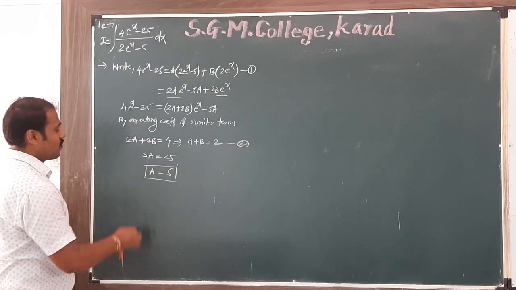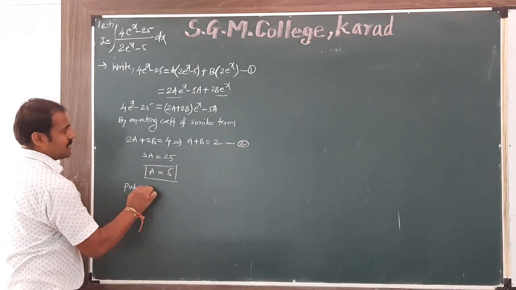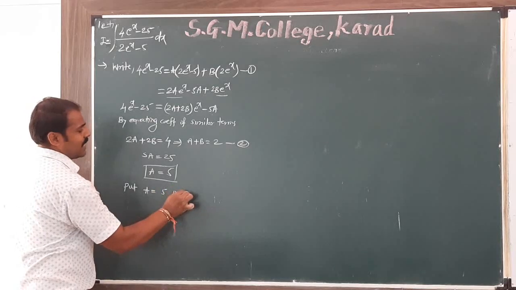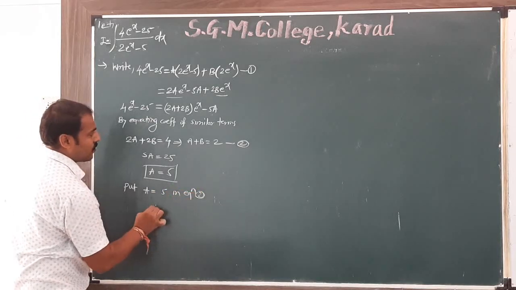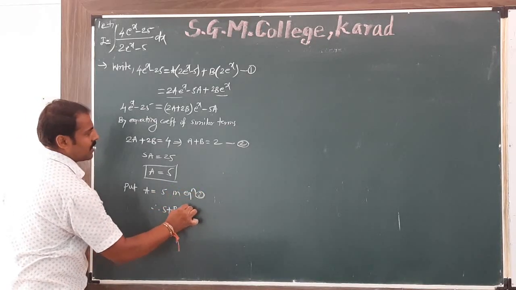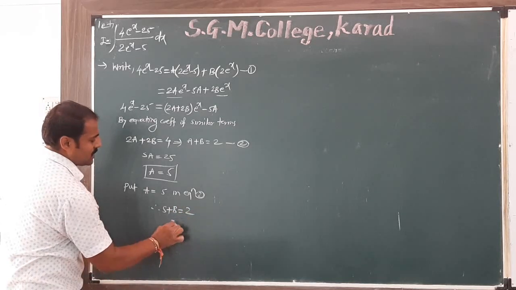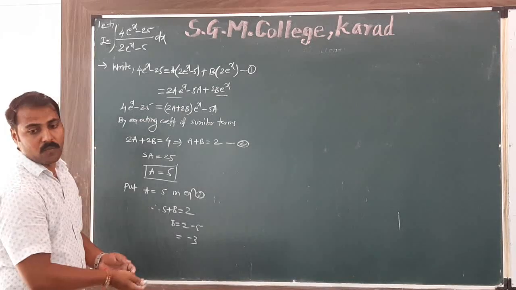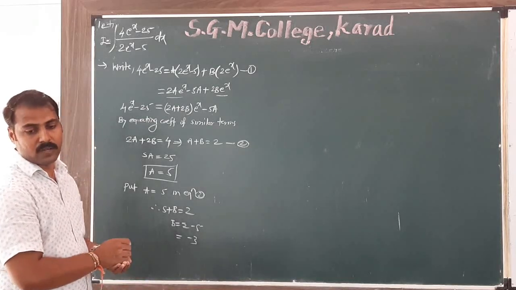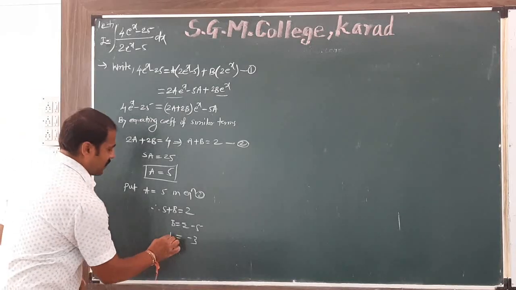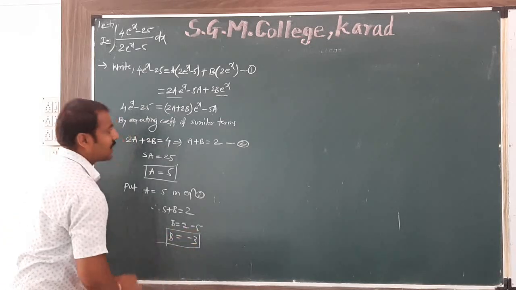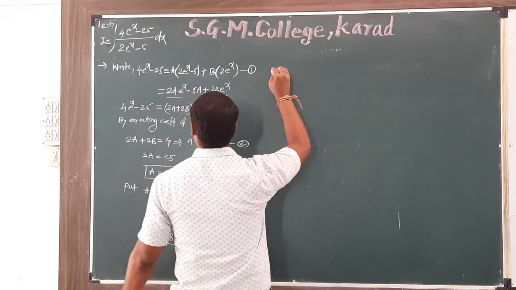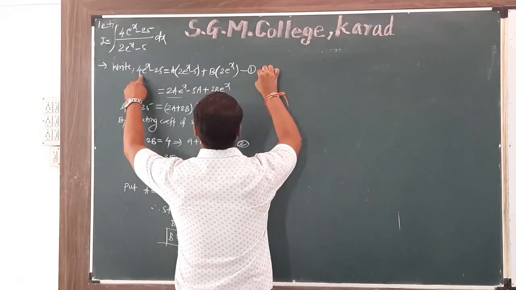Now put a is equal to 5 in equation 2. Therefore 5 plus b is equal to 2. b is equal to 2 minus 5, which is equal to minus 3. Here the values of a and b are obtained. Now what? Therefore equation first becomes,